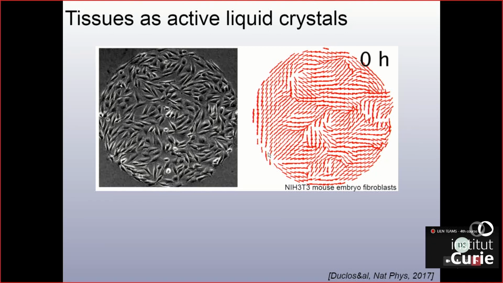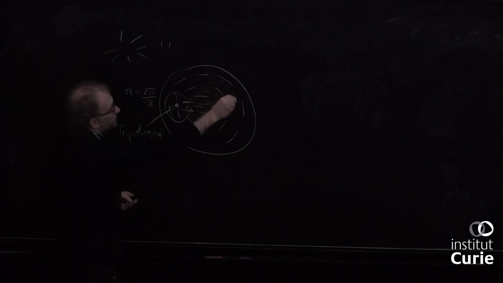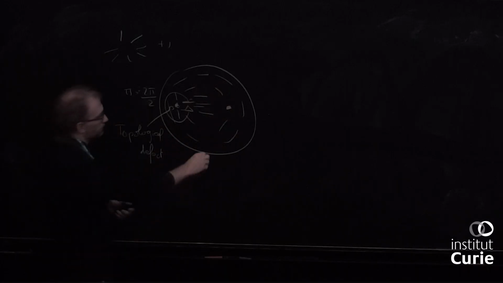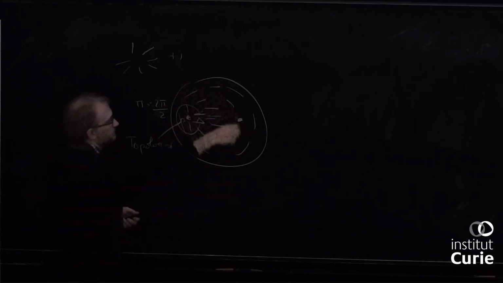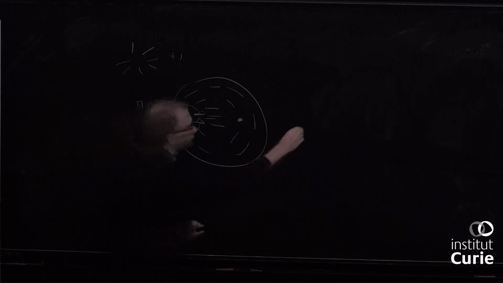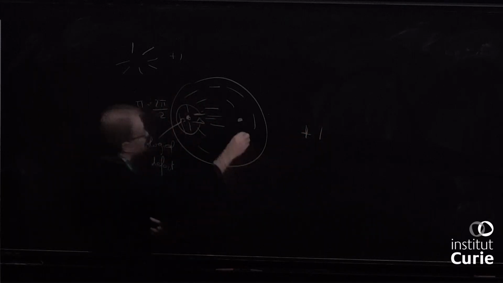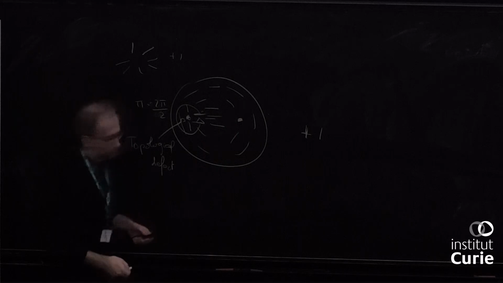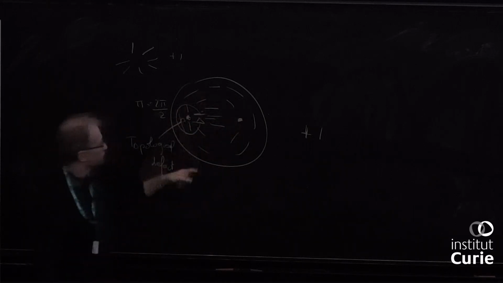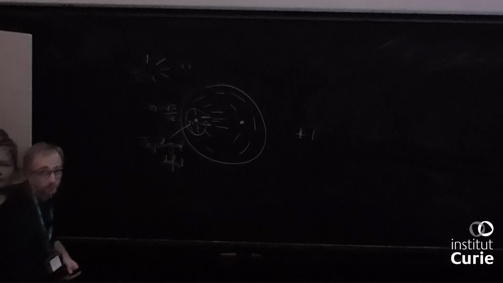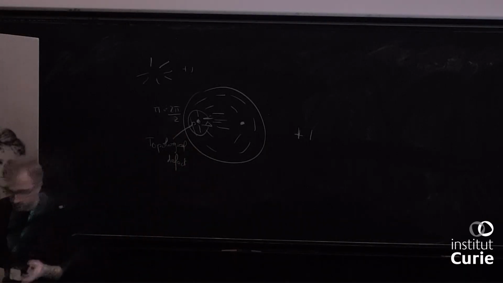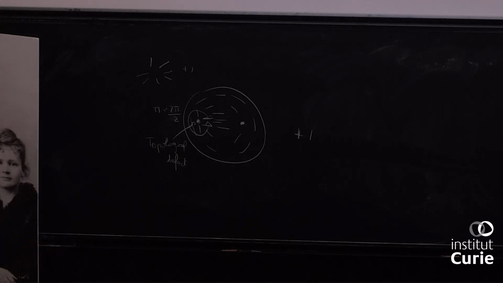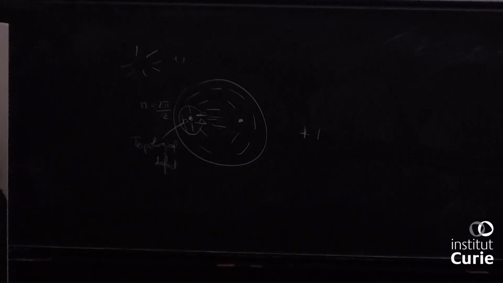Okay, and this kind of organization, because the cells orient parallel to the boundary of the disk, there must be a total topological charge, so a total number of defects inside the pattern, which must be +1. Okay, that's a requirement from aligning the cells parallel to the boundary of the disk. And then one can do a calculation, one can ask, okay, there is this topological requirement, now what is the field going to do? And one can write